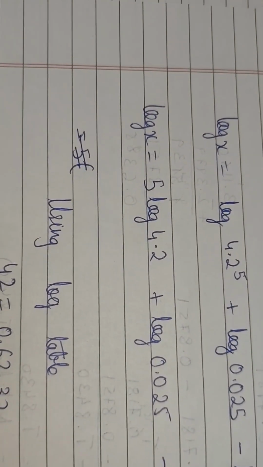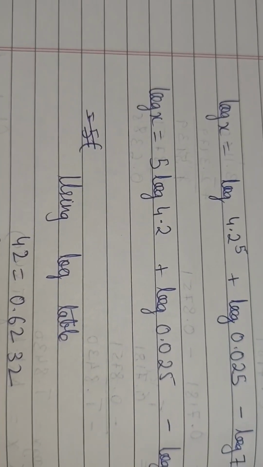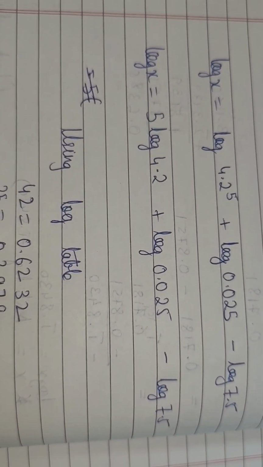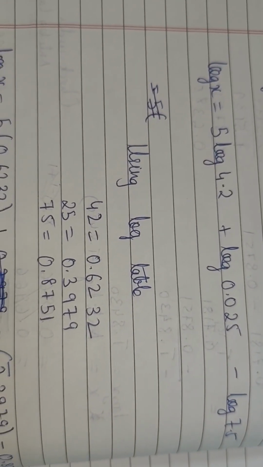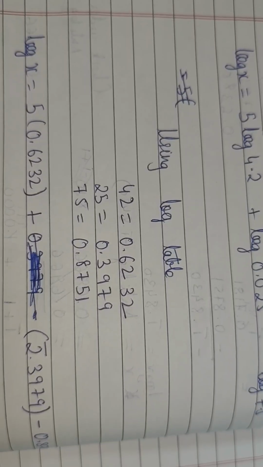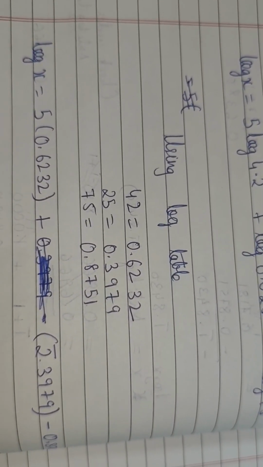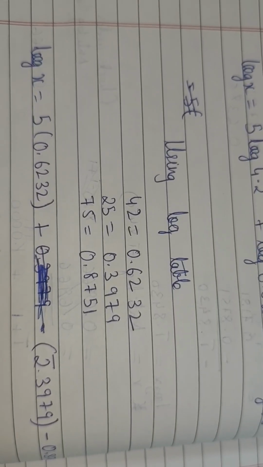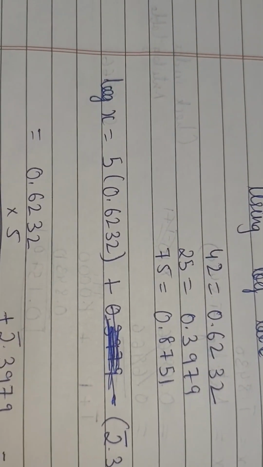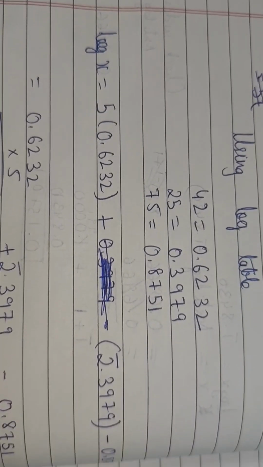So log x is equal to 5 log 4.2 plus log 0.025 minus log 7.5. Using log table, for 42 I will get 0.6232, for 25 0.3979, and for 75 0.8751. So log x is equal to 5 bracket 0.6232 plus